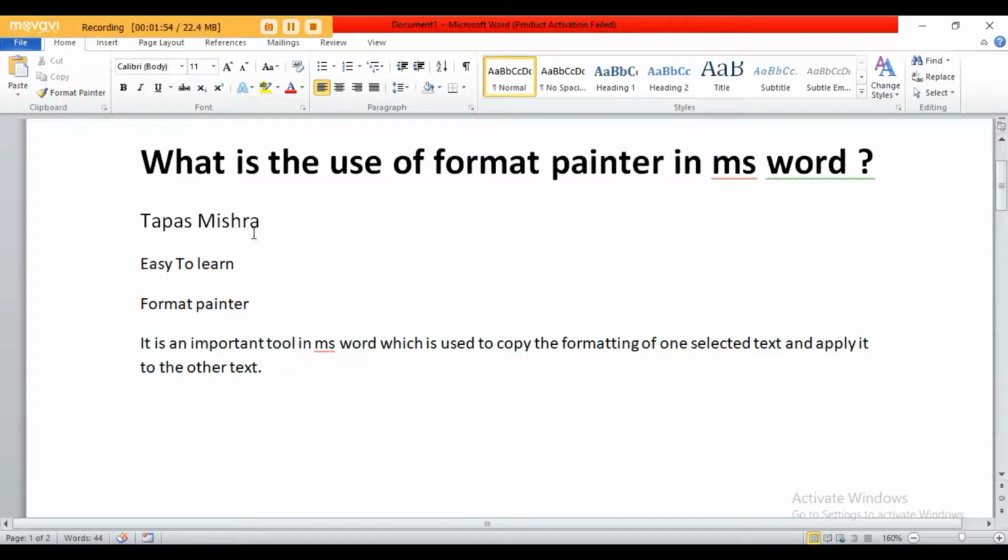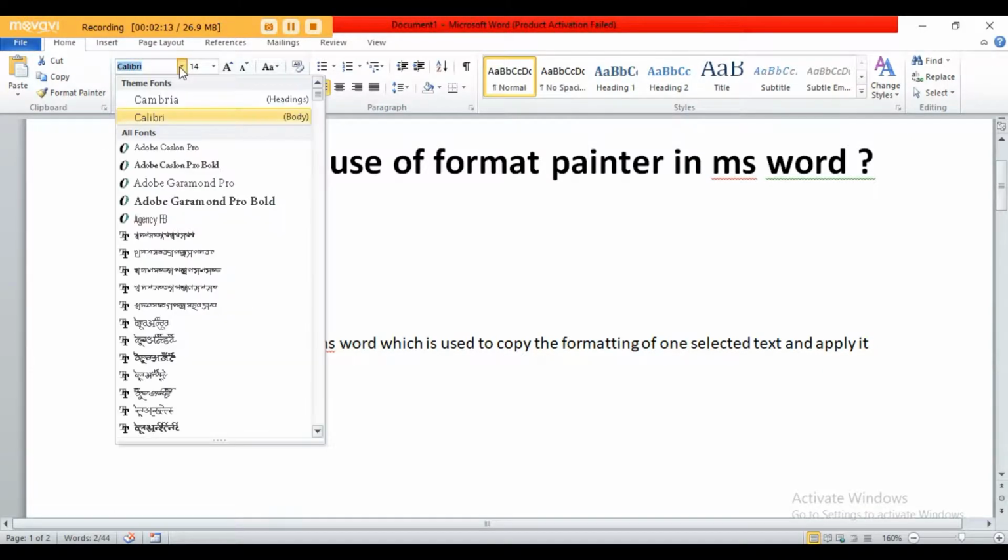Suppose, let me show you, this is the content Tapas Misra. I want to change the color of this content or name. Simple, I change this color, it looks red, and after that I want to apply bold, and I want to change this font name also. I want to see it in a different style.